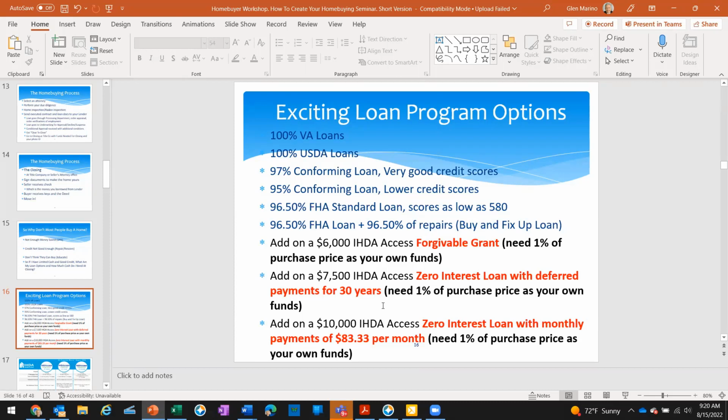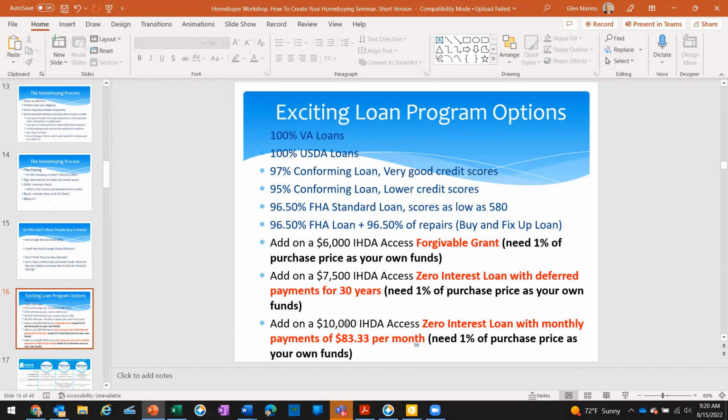So this is what I call the crazy great loan from the state of Illinois. Zero interest, no payments. I live in the house, and then when I sell it, I have to pay it back. Couldn't be a greater program. I always ask, where was that program when I was trying to buy a house?